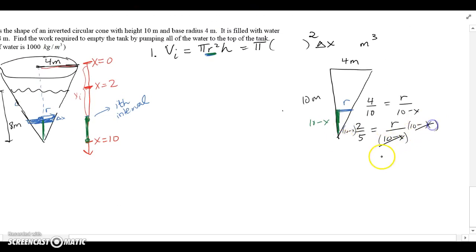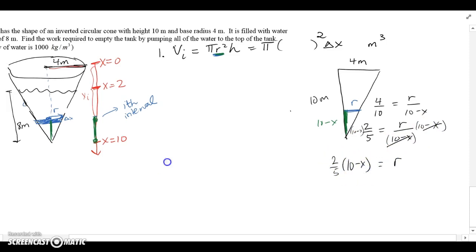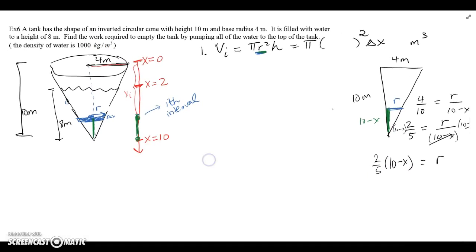That's going to get rid of this guy, and I end up with r equals 2/5 (10 minus x). So we just found our r in terms of the x that we had labeled. And this x, depending on where we're at, is going to change, and hence our radius is going to change. So we're going to plug this back in there, and our volume will be pi